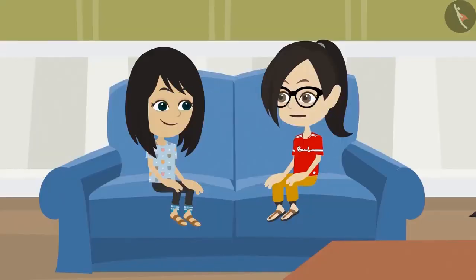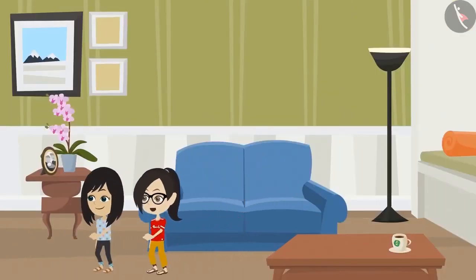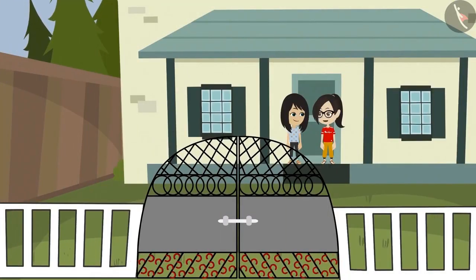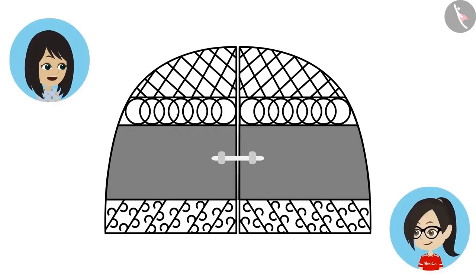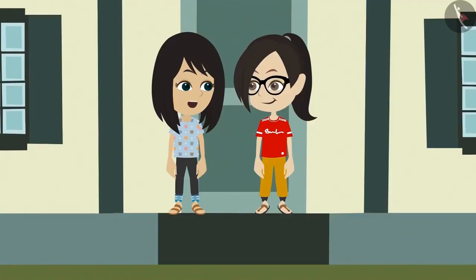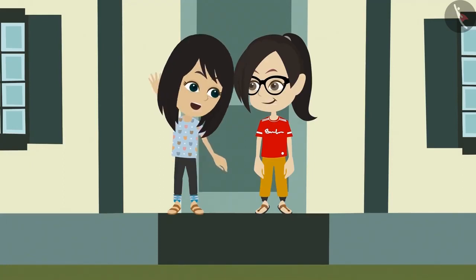Such a design of an open circle is also there on the gate of your house, where I have never noticed it. Let's go to the gate and I will show you. Look at this design. Oh yes, these are open circles. Like this, we can make many beautiful designs. Yes, we will make them in school tomorrow. I will go home now as it's getting late. Okay, bye-bye. Bye-bye.